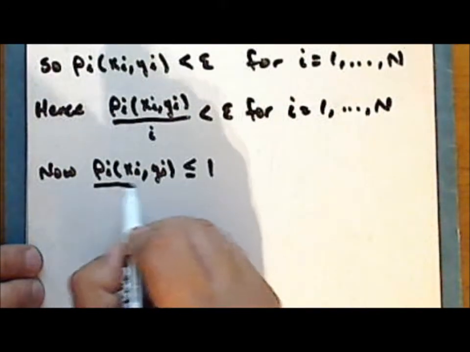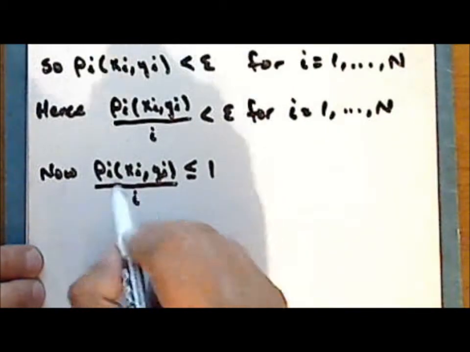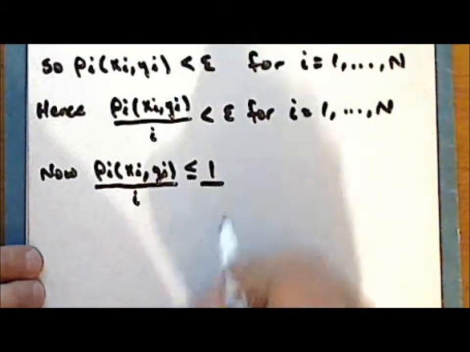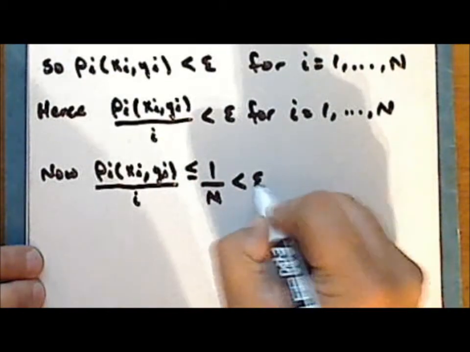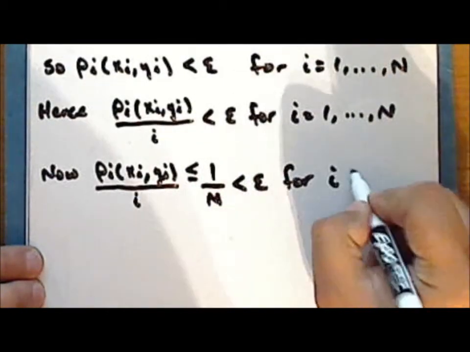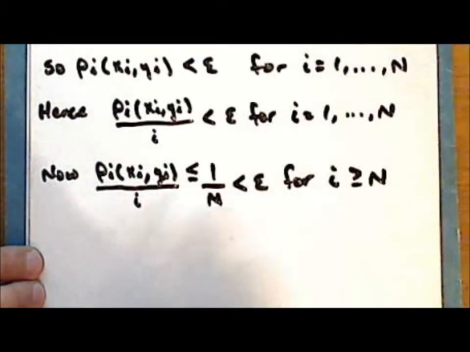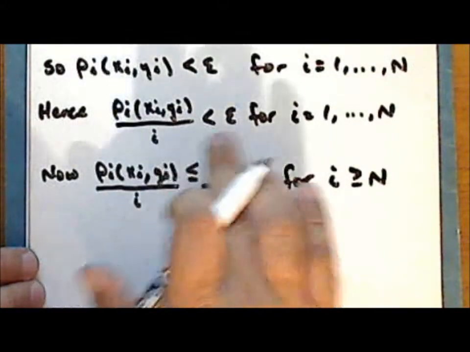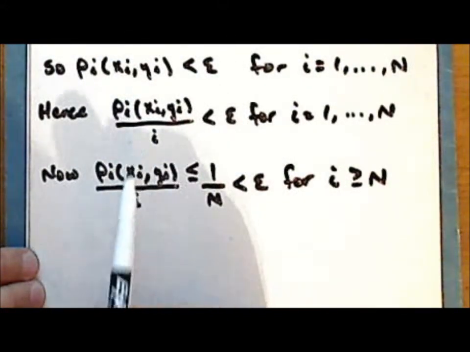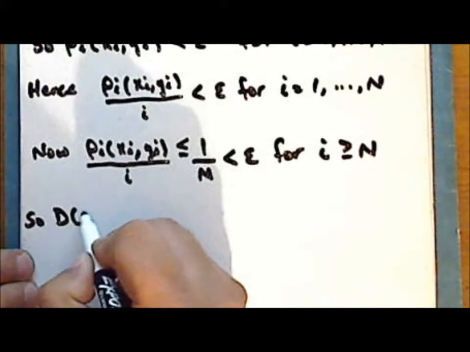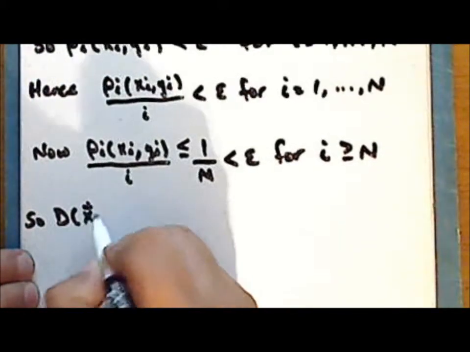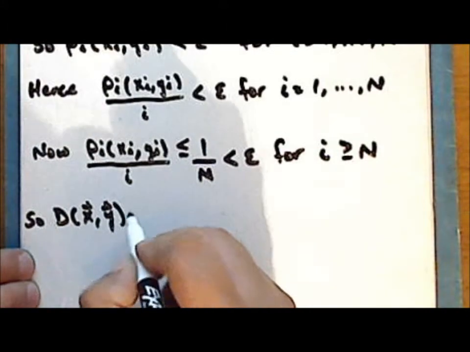So the ratio of rho sub I to I is less than 1 over n, which is strictly less than epsilon, for values of I greater than or equal to n. So no matter the value of I, the ratio of rho sub I to I is always strictly less than epsilon. And so the value of the metric from the point x to the point y is less than